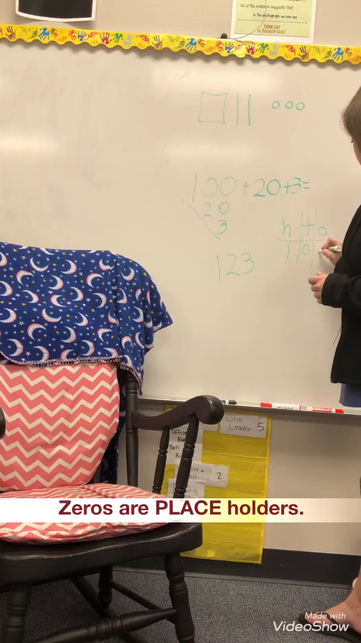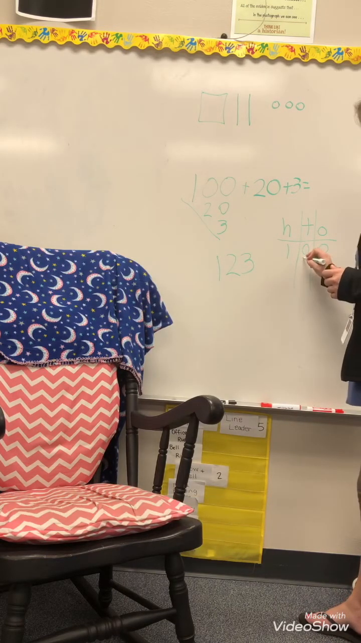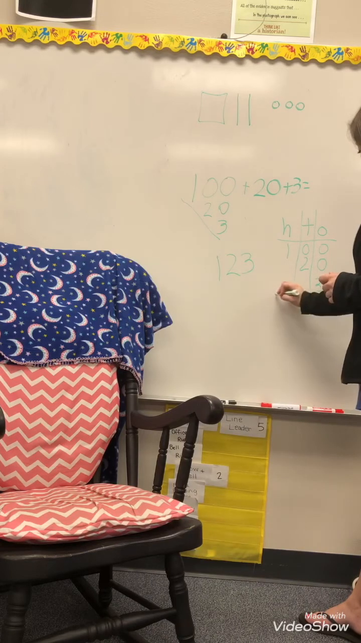We have 100, we don't have anything in the tens place or anything in the ones place. We have 20, we don't have anything in the hundreds place, we don't have anything in the ones place, we got that 2 in the tens place, and we've got 3, which is only in the ones place. And if you